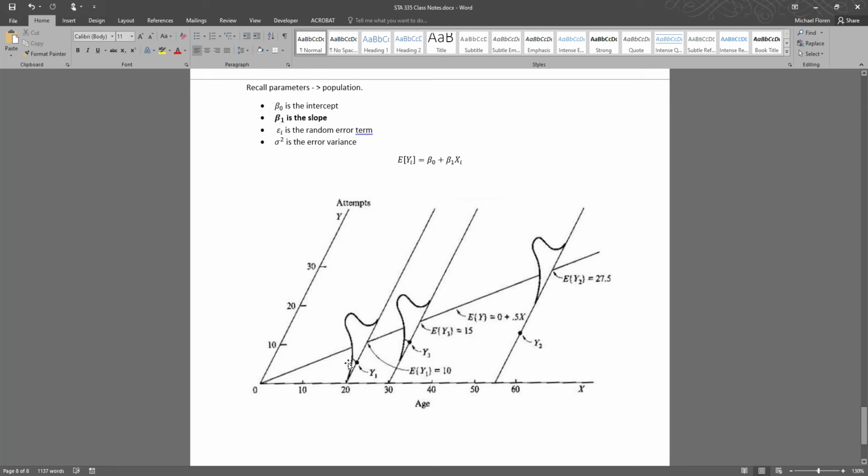Beta 1 is the slope and indicates the steepness of the line, where beta 1 being positive indicates a positive relationship, just like we had a positive correlation, and beta 1 being negative indicates a negative relationship, just like we had a negative correlation. The epsilon is a much trickier term to understand, but if you think about this line